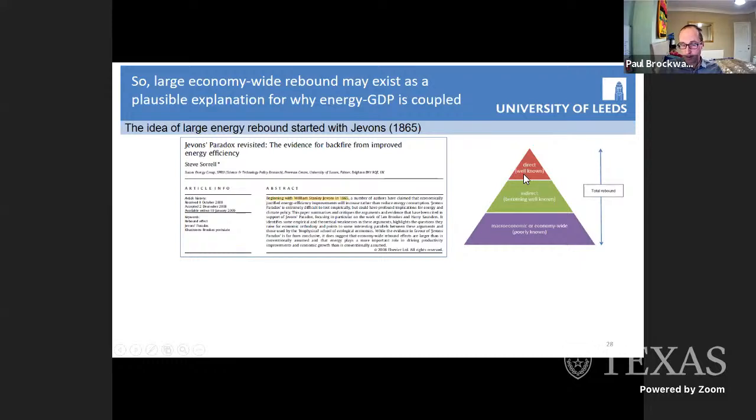So direct, as I say, is driving the car further. Indirect is taking some of your fuel savings and spending them on something else. And then the macroeconomic stuff is how the wider economy responds to these micro rebound situations. And this has been around for over 150 years, since Stanley Jevons first noticed it with the Scottish